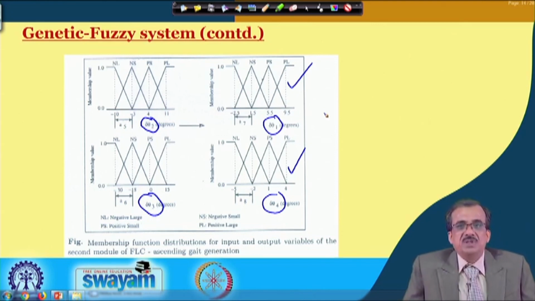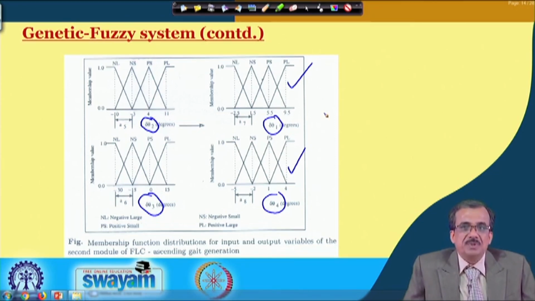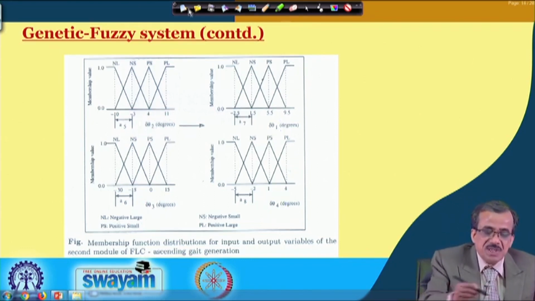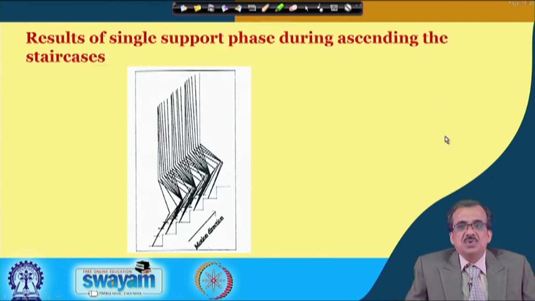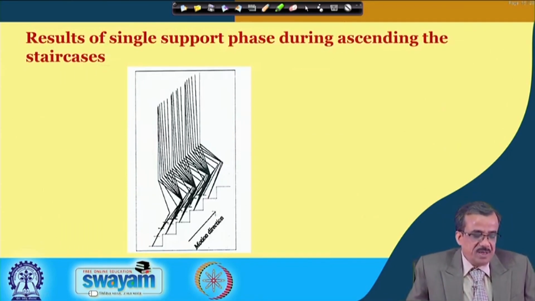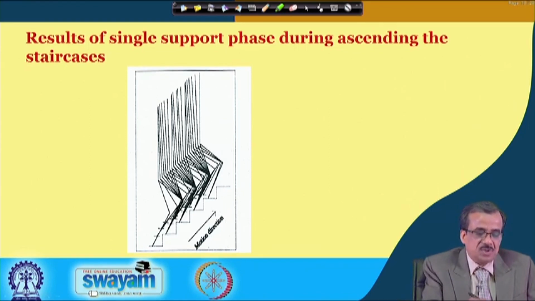So, this is the way we can model this biped walking, just to find out the adaptive gaits if you want to negotiate different types of terrains or different types of staircase in an optimal sense. This is how to use the principle of fuzzy logic and neural networks to find out the adaptive gaits. Now, if you solve it, in fact, we have solved it,